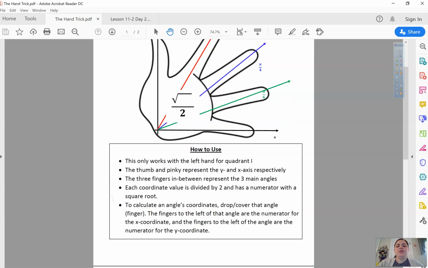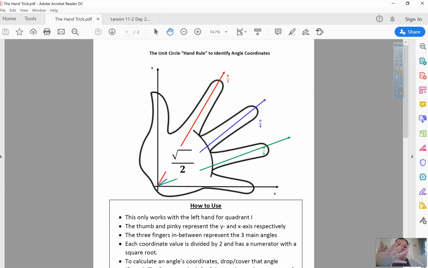I know this says it only works for quadrant 1, but just your reference angle. So if you have a pi over 4 reference angle, that's your middle finger. If you have pi over 6s, those are your ring finger, and then the pi over 3s are your index fingers. Okay, and I forgot to say that this also works for the thumb and the pinky. So your pinky would be like your 0 angle. So if I bring down my 0 angle, then I have